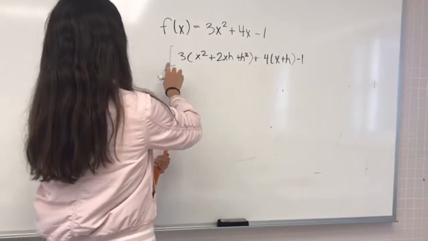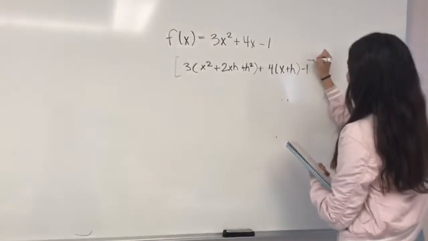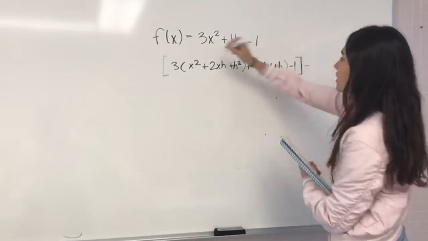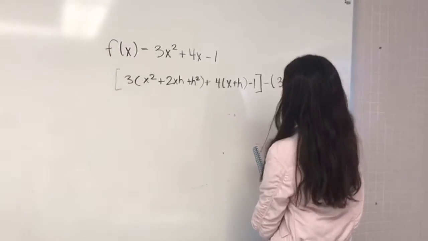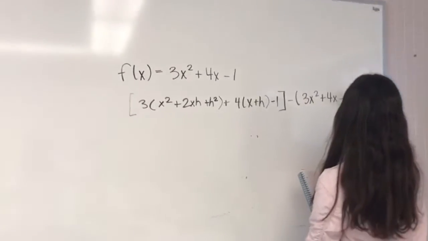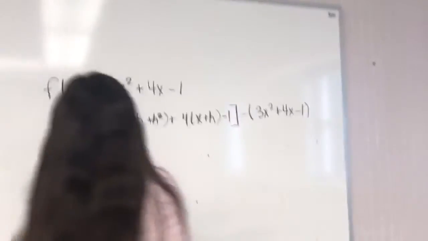And then we close these parentheses and we do minus the equation, minus 3x squared plus 4x minus 1,